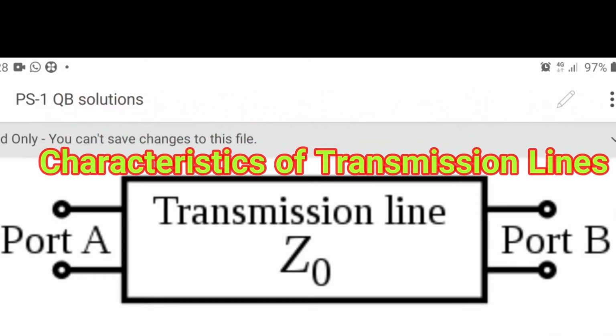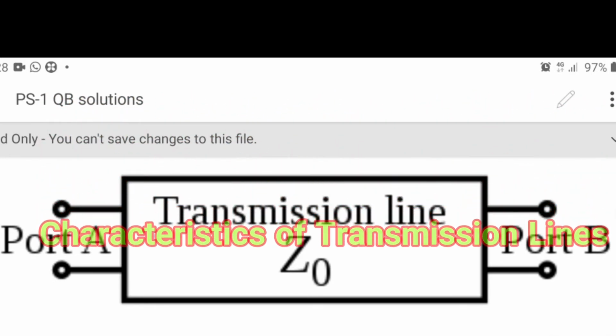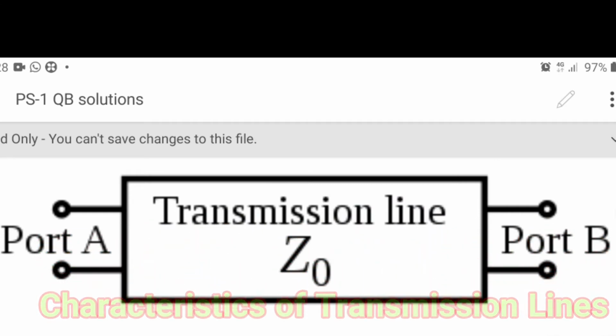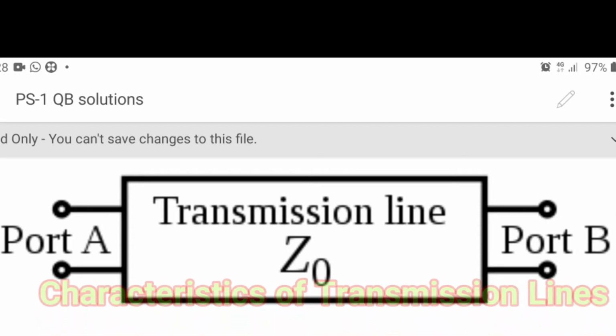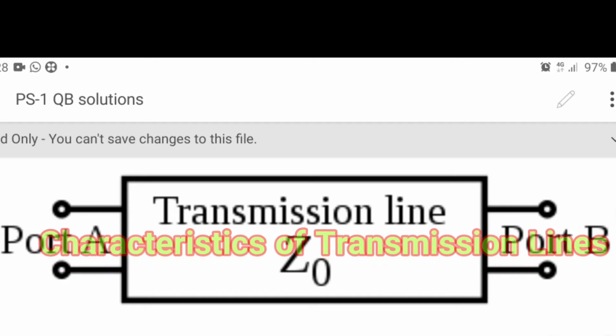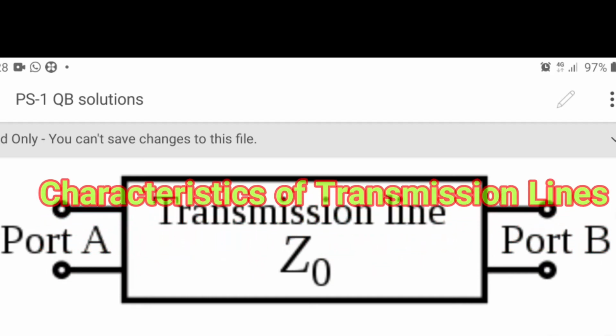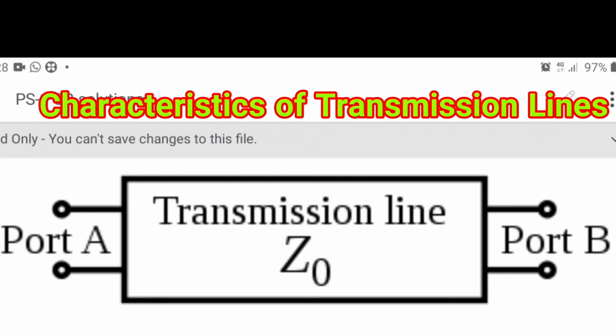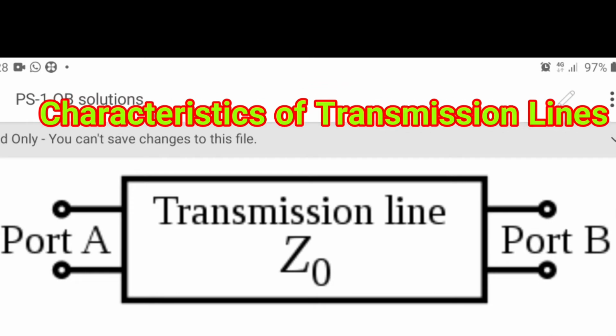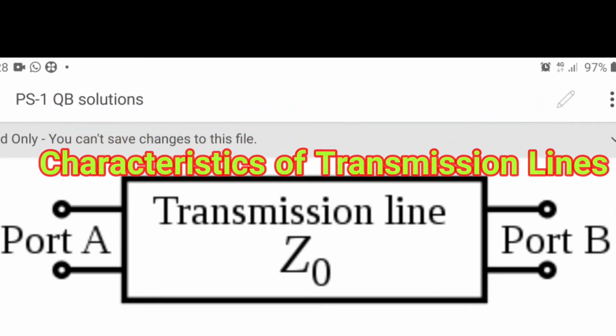at nearly light speed. For the purpose of analysis, an electrical transmission line can be modeled as a two-port network as shown in the figure. In the simplest case, the network is assumed to be linear and the two ports are assumed to be interchangeable. If the transmission line is uniform along its length, then its behavior is largely described by a single parameter